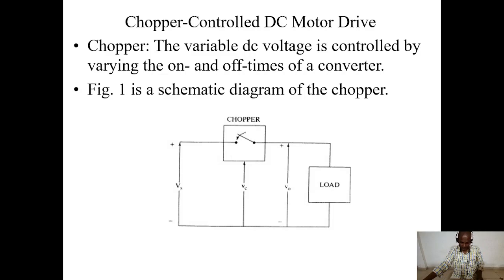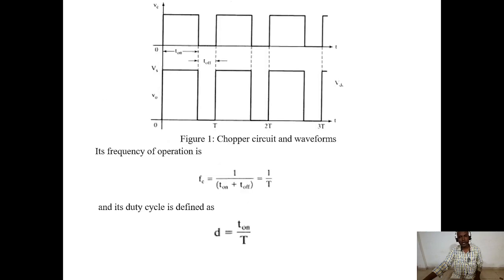In this pictorial diagram, the chopper is indicated here. It is just like a switch, and the source voltage is Vs. For getting a proper voltage V0 across the load, we have different input sequences to control the output voltage across the load. And this shows the waveform models of different chopper circuits.